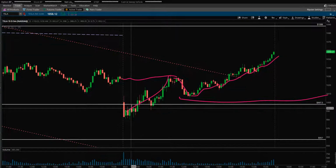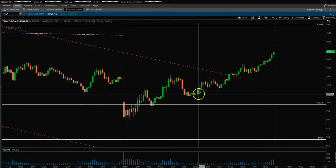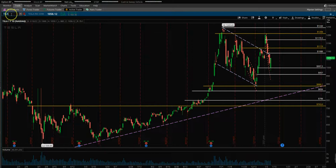And the price action read itself, you can see there are more bullish bars. Really, bearish bars are not seeing any deeper follow through to the downside. So that was a tell. Okay, let's look at